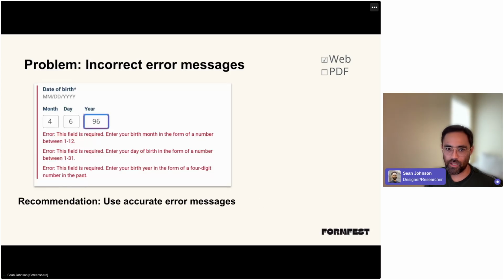On the topic of error messages, if we see here, it asks for your month, day, and year of your date of birth. So you type in 4696. The error says, this field is required. Enter your birth month in the form of a number between 1 and 12. Well, they go back and review what they typed in. It says 4. That is a number between 1 and 12. And so